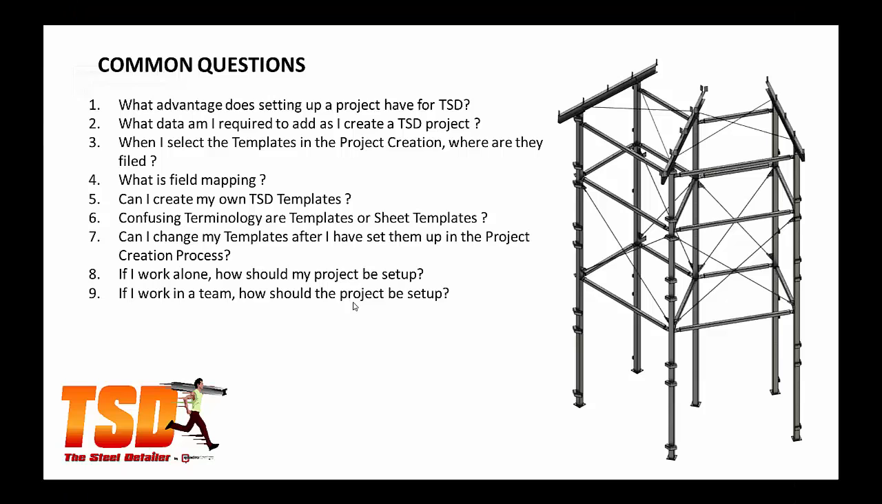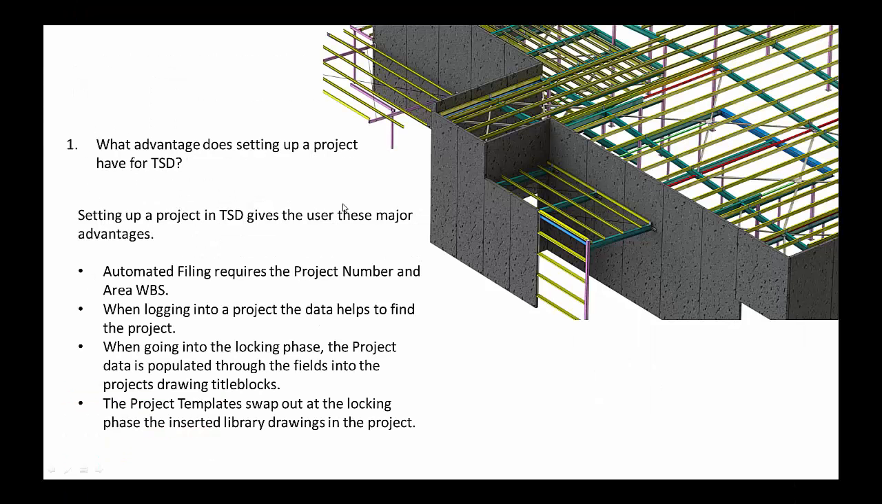Okay. So obviously the next question, first question on the list, let's just answer that one. The advantage of setting up a project gives these advantages. Okay, so automated filing requires the project number and the area WBS. We'll get into area and WBS settings at the end for question 9 and 8. When I log into a project, the data helps me find the project. Rather than searching through files trying to find things or folders, we have the process of being able to log